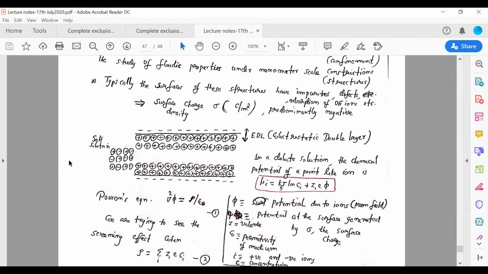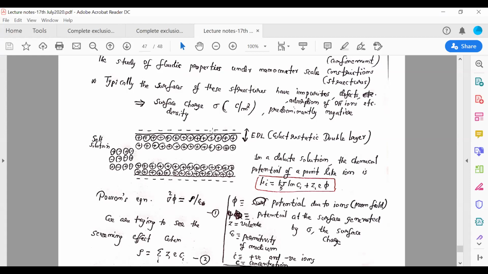So now what happens? Suppose you have an ion transport experiment. In a typical bulk solution, say sodium chloride or potassium chloride, you have an equal number of positive and negative charges. This is what it looks like: positive, negative, positive, negative. This is a bulk solution, which I call the reservoir. Now this is the nanochannel. So what happens inside? This is what we are trying to understand. And I assume that the surface has a negative charge.